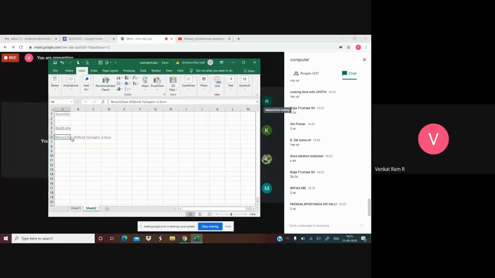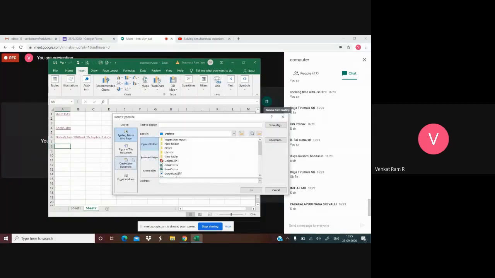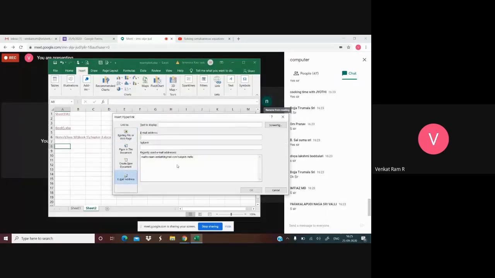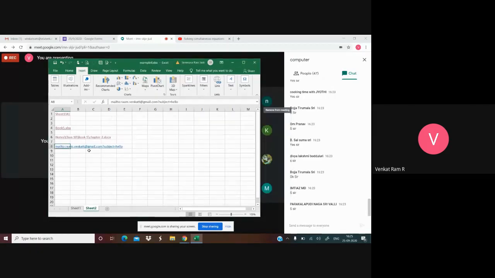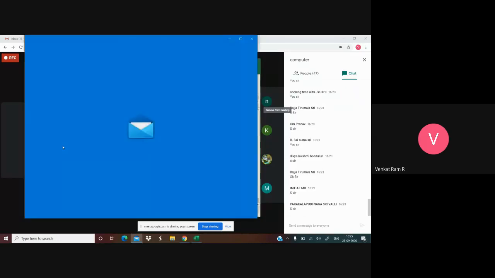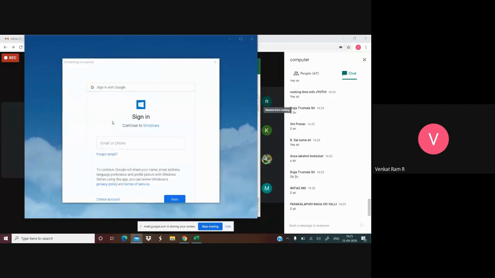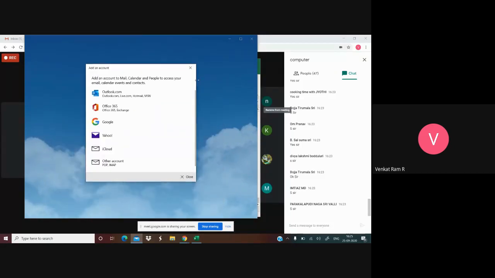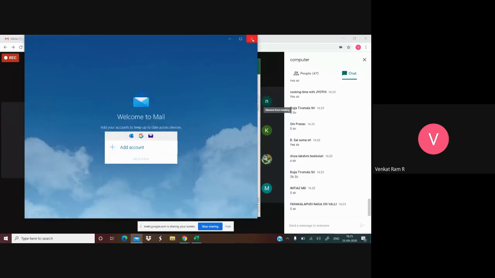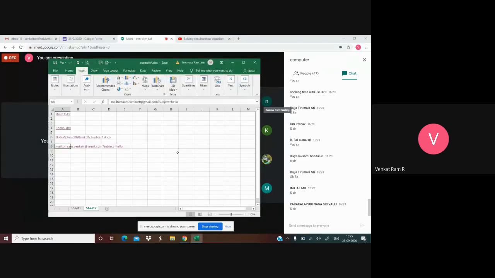I just clicked on it. Okay, and suppose if you want links externally, you can give an email address and just give that, so that you can directly type the email. See here, it will directly take you to the mail window if you want to type the mail. So if you want to save someone's mail ID and if you want to send some message, you can give links here in the workbook. Okay, so that you can send any data.